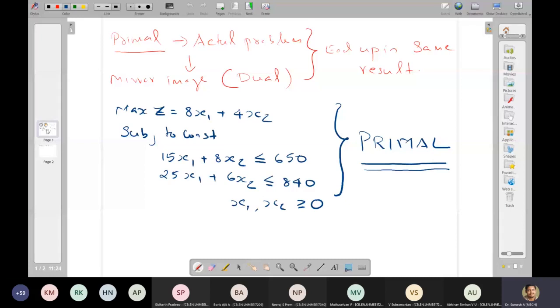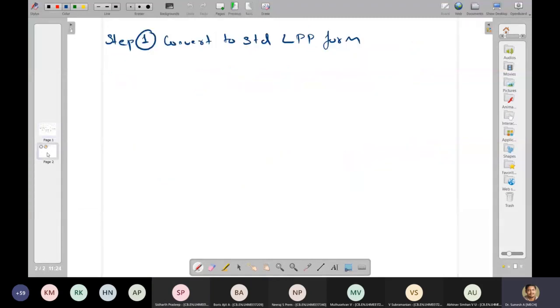Can someone tell how the inequality will be converted into equality here? Add with S1 or S1. Yes. So I can rewrite this as maximize z equals 8x1 plus 4x2 plus 0s1 plus 0s2